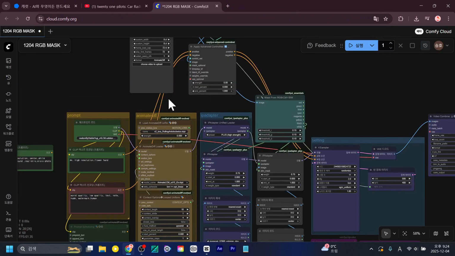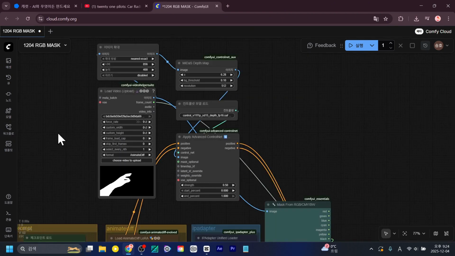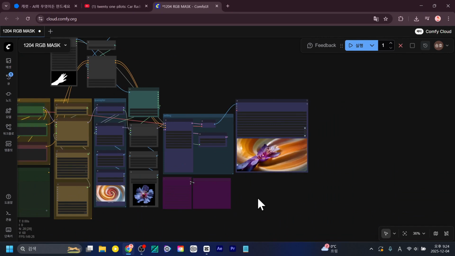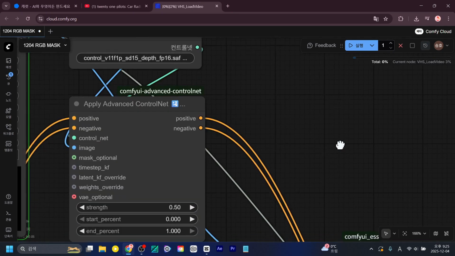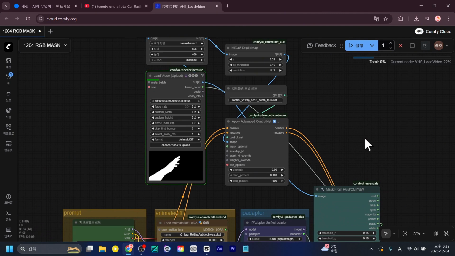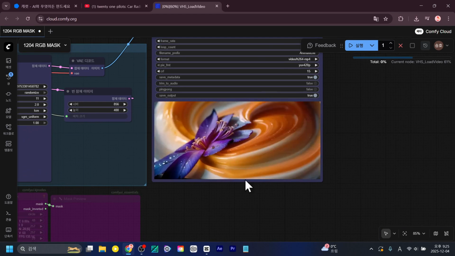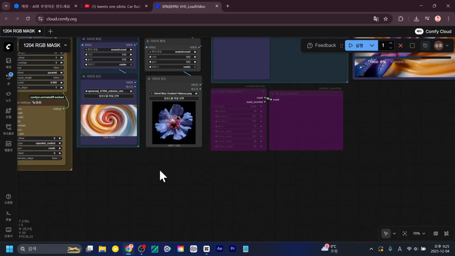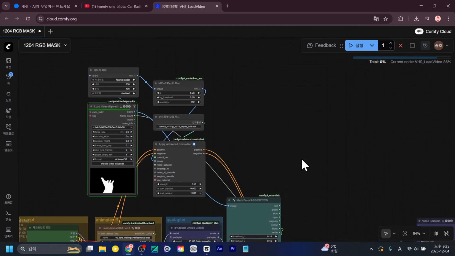Since I'm wondering if it truly only works after exiting and re-entering, I will attempt it right from the very first frame 0. I'll go ahead and press the run button. If you want to add more detail to the shape of the hand, just increase the value of the control net. Then the hand shape will appear a bit more clearly, but the control net will also be applied to the background. Because of that, there's a chance the background will change little by little. It will be applied only slightly to most images. If the control net gets stronger, it becomes more stable. That's just how the video itself is.